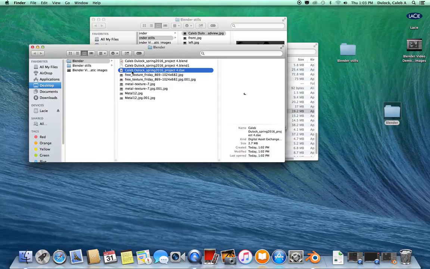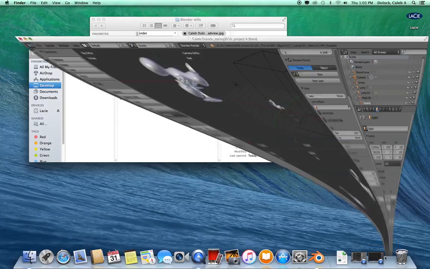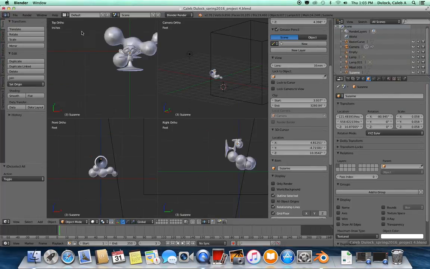Now we'll do all of that in the next exercise, but that concludes this particular exercise on exporting out your model from Blender in order to have it ready for displaying in Augment. All right, catch you in the next exercise where we finish off in putting it into